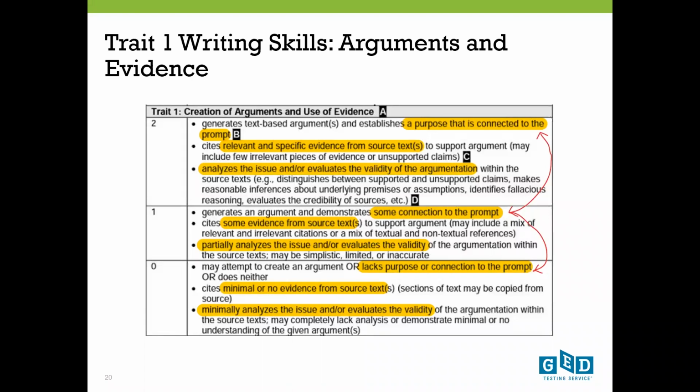So here is a rubric for trait 1, which is again the creation of arguments and use of evidence. And what I've done is I've highlighted, you can see that there are 3 bullet points for this trait, which are 3 dimensions of the trait. And then there are examples of this for each possible score point, from a 0 to a 1 to the top score